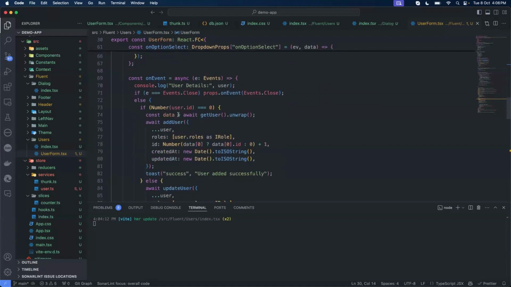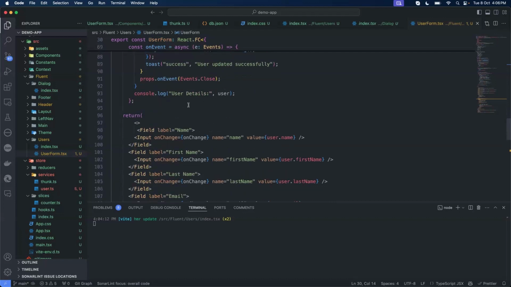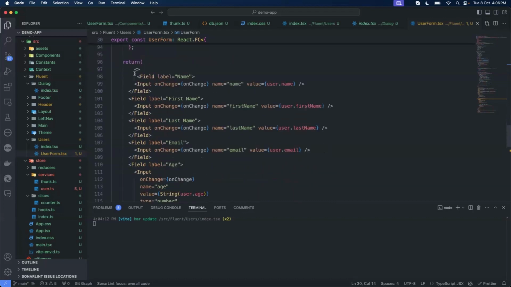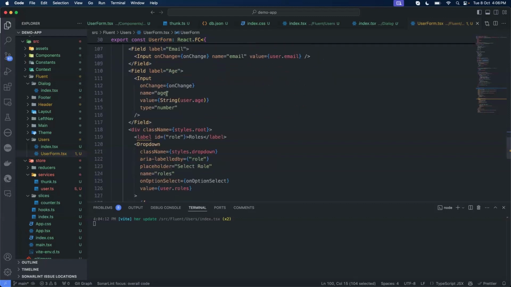Here, these are some events we are binding to our controls, the same logic. The only difference here is that instead of the React stuff, we have changed the entire component with the Fluent UI to display all the user input form fields. And